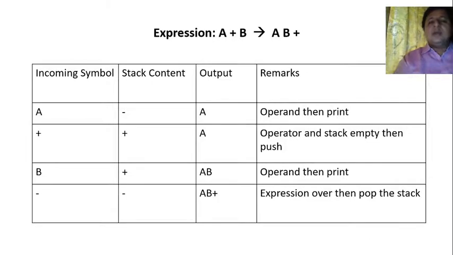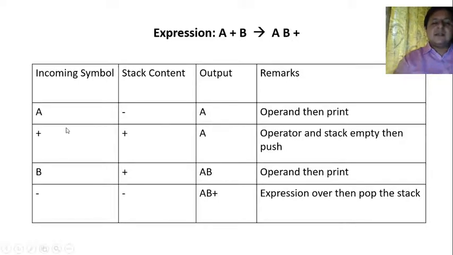So what we'll do is take the infix expression. We already know what the postfix expression for that is, and we will try to understand the steps so that we can generate the rules. To start with, you have a very basic expression, that is a plus b. You know the postfix is ab plus, so keep an eye on that answer as well. So we start with the incoming symbol as a. Because a is an operand, you can directly see that it is getting printed in the output. There won't be anything on the stack, but I'll directly display a. So the rule that gets generated with this is: if I have an operand, then I have to print.